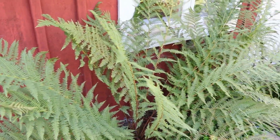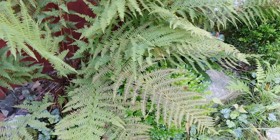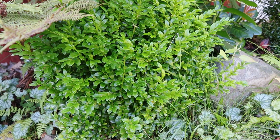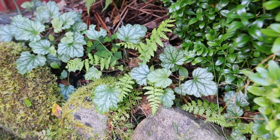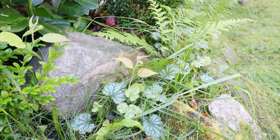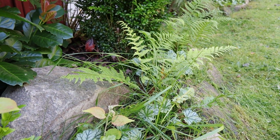They're just gorgeous, fluffy ferns that are native here in Sweden and grow everywhere, almost like weeds for certain people because they just come up everywhere. As you can see down here, examples of new plants coming up along the front of this border by themselves. So I'll just take those out and I'm going to plant those in my woodland area of my garden so